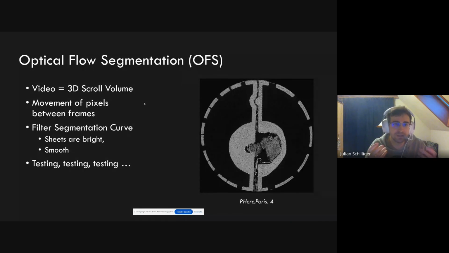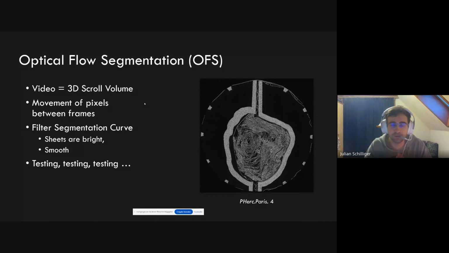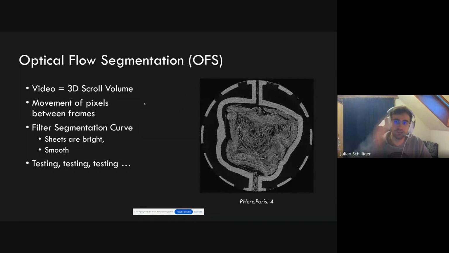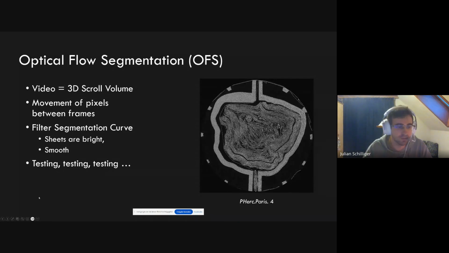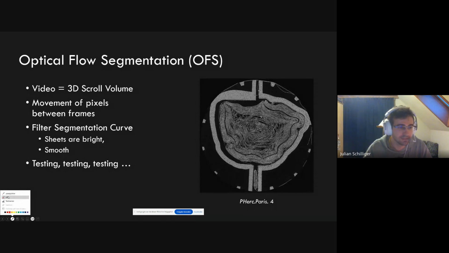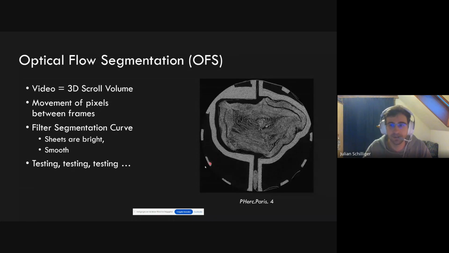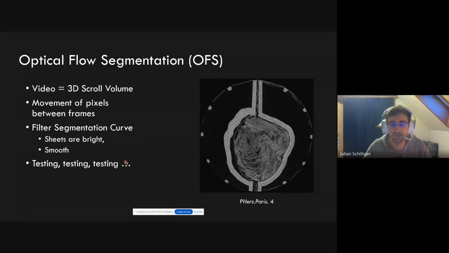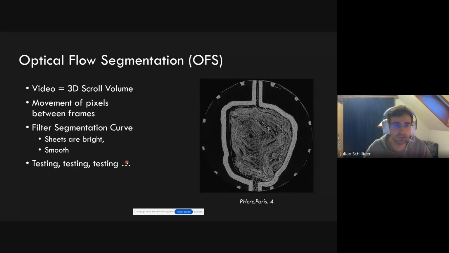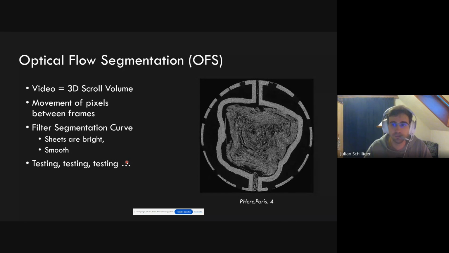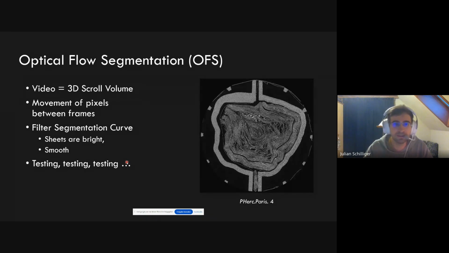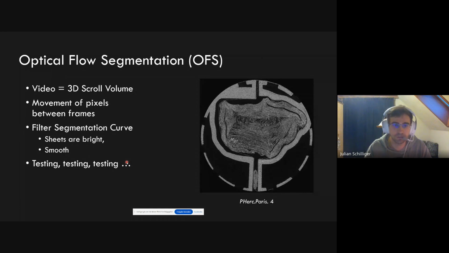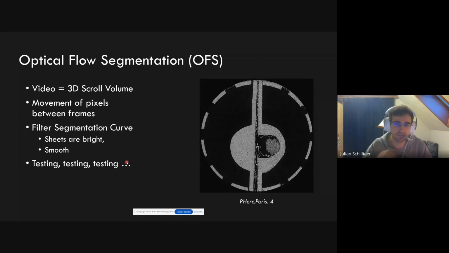And actually, a video isn't that different from our 3D scroll volume. If you take 2D slices and move through them, like in this video here, then yeah, you can see it's quite like a video. So I could use optical flow and sometimes track those sheets well. To go a little bit more in detail, those sheets in this volume cartographer, short VC, are just tracked by